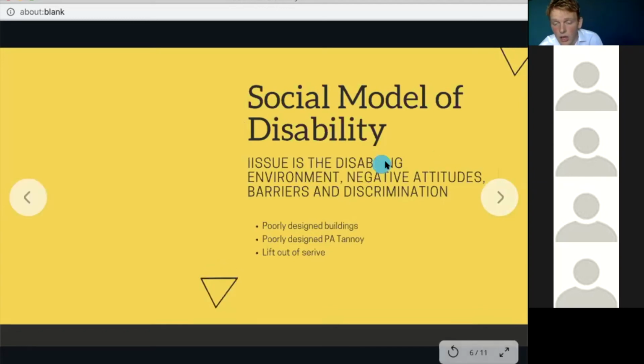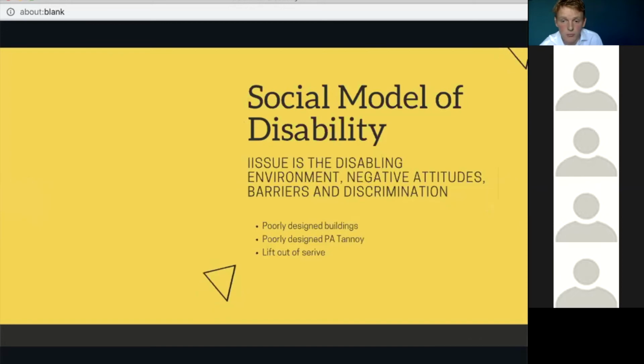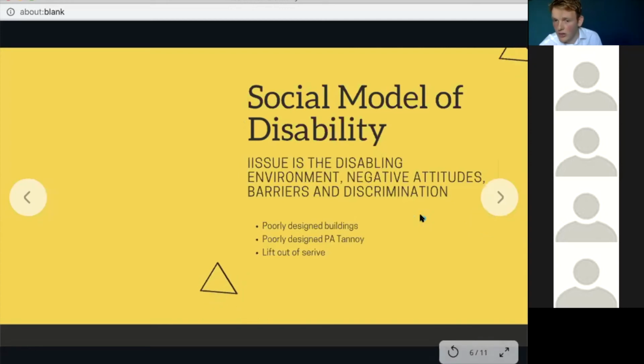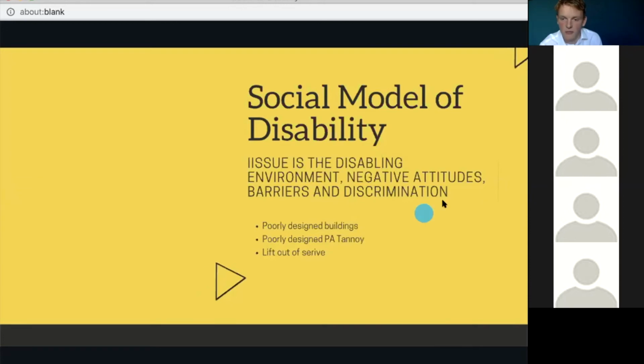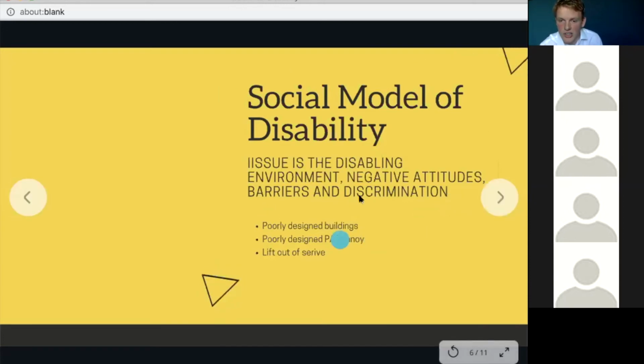I've even seen some disabled people sometimes have a negative attitude to another disabled person. So it's about working together, collaboratively, as in this hackathon, to really create change by utilizing this social model, by changing the environment, because as was said yesterday, it is the whole